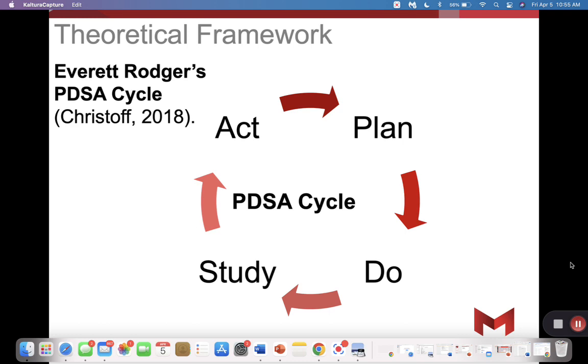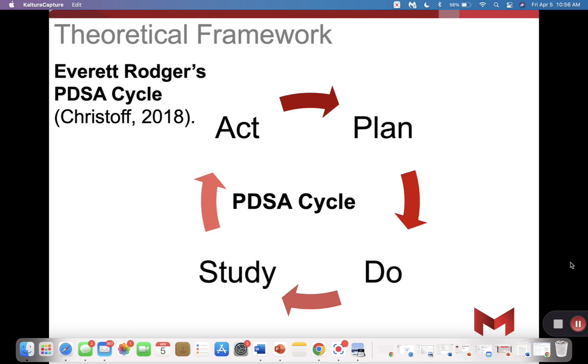The PDSA cycle comprises different stages of tasks implemented in an iterative way with the aim to improve a process, such as the implementation of the Morse fall scale tool for fall prevention and reduction. The intervention used for this DMP project was the implementation of the Morse fall scale risk assessment tool, where the